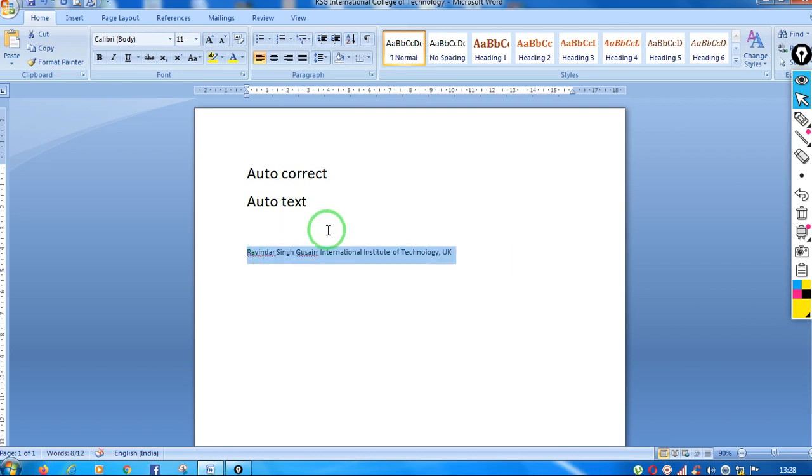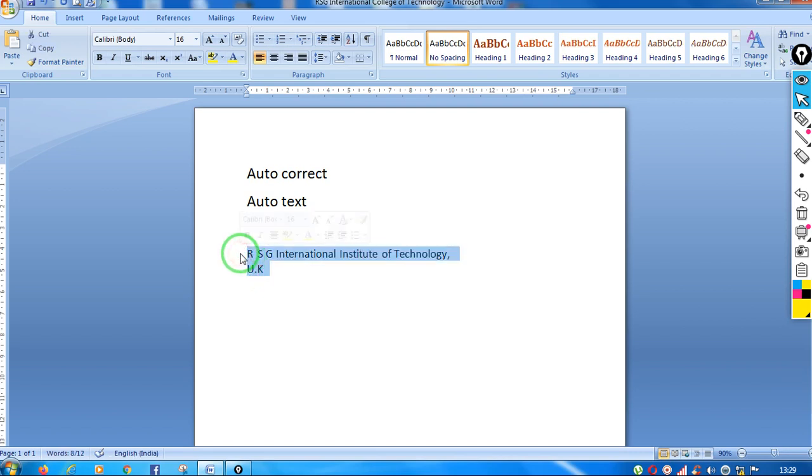Since I have written RSG, automatically the full name is coming over here because of autocorrect, Ravinder Singh Gusai. Now I have removed the rest of the characters. Now suppose this is the text that I want to store as an AutoText. I hope all of you know what UK means. So, RSG International Institute of Technology UK.